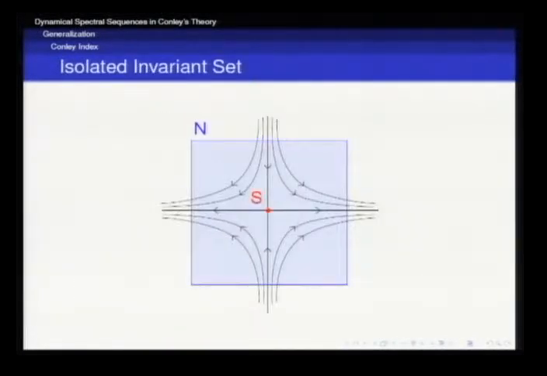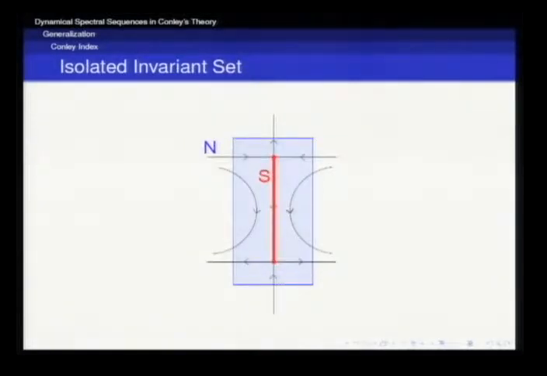So in this sense, we have, in this example, a simple saddle, and our maximal invariant subset in this neighborhood is S. But we can have more complicated sets, and that's what we wanted to get to. We wanted to be able to describe connection matrices for a more general situation than just a gradient flow. So here the maximal invariant set in this compact neighborhood is S.